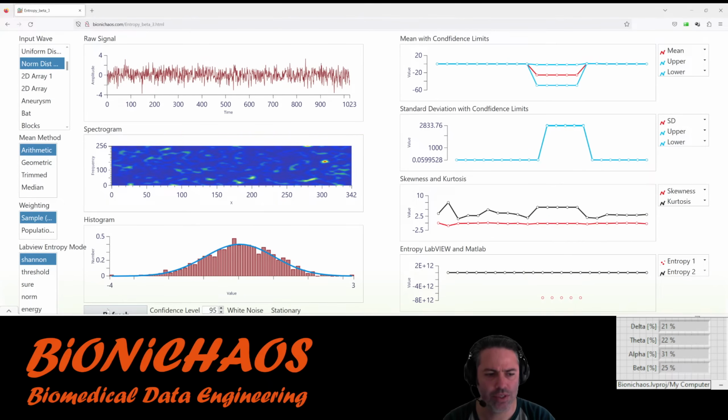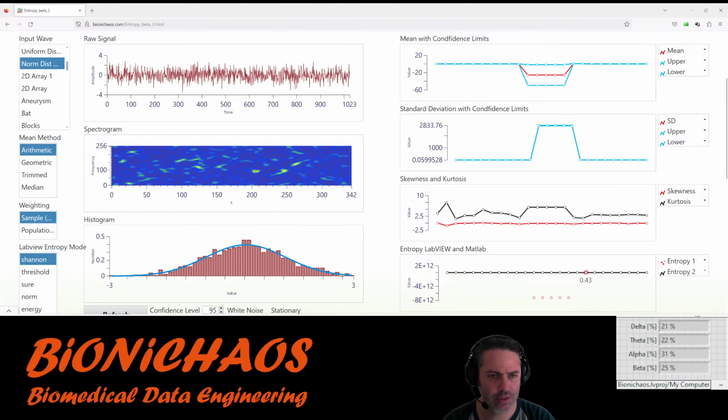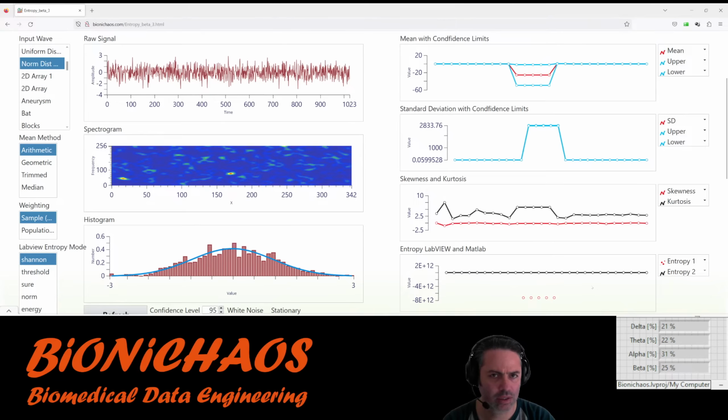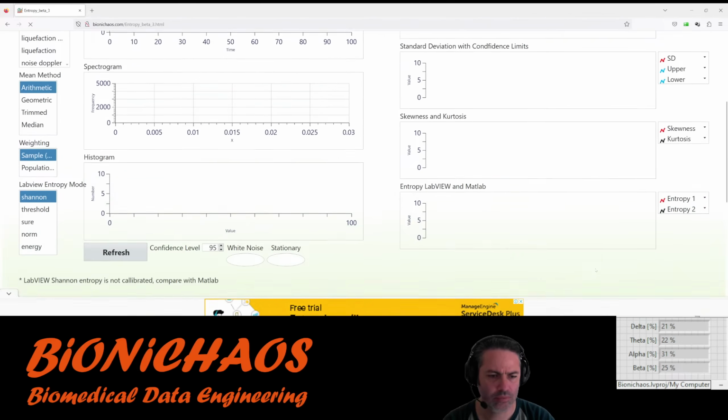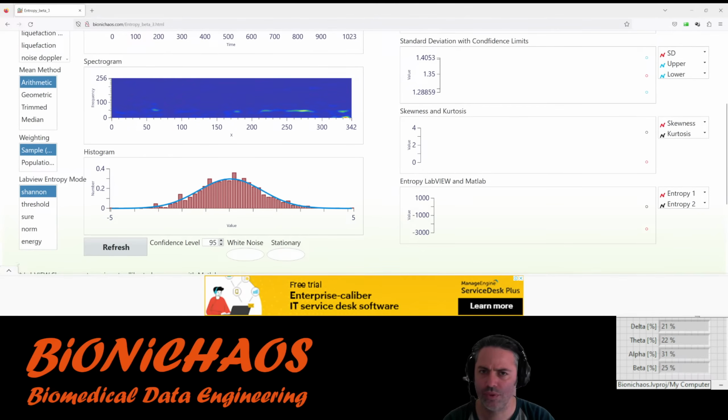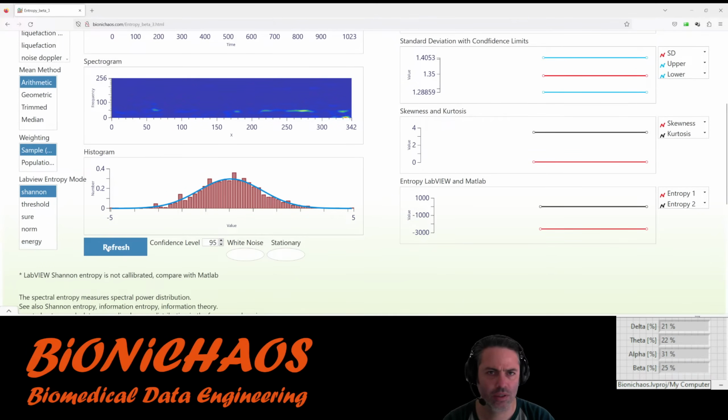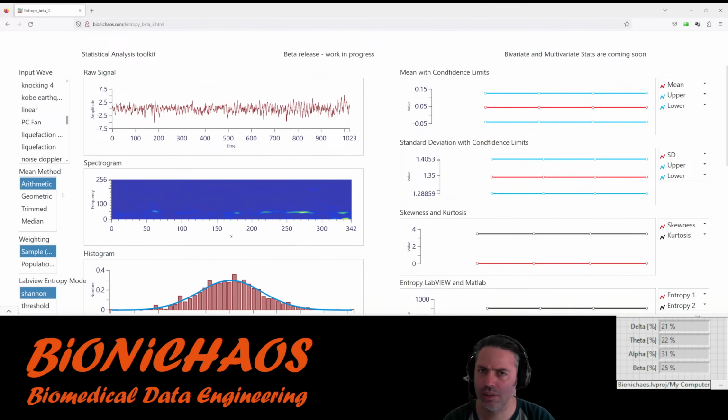The numbers should change slightly. You can actually see it on this scale. What happened to that? Right, now it's back.